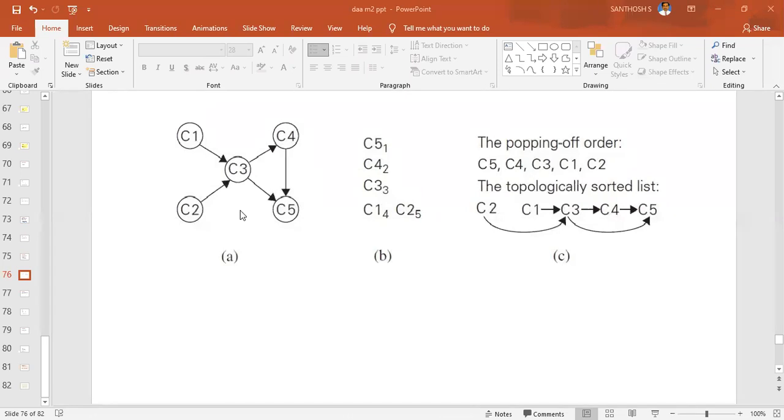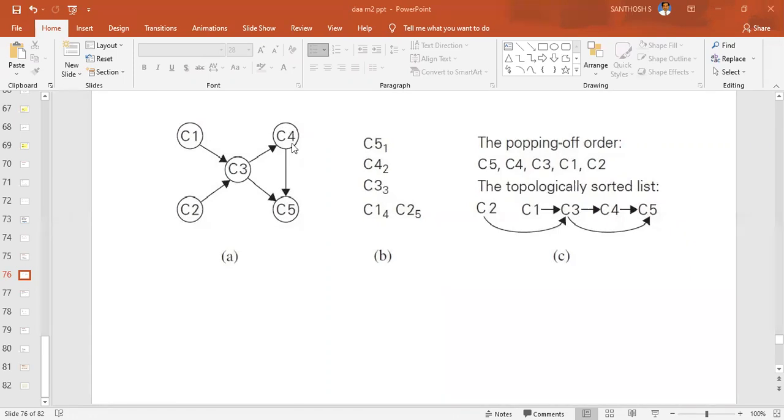Keep in mind: remove that particular node as well as its edges. So the C4 to C5 link and the C3 to C5 link are gone. The first in the order you get is C5. Which has no outgoing edges: remove the node and its edges also. Now C4 is there.